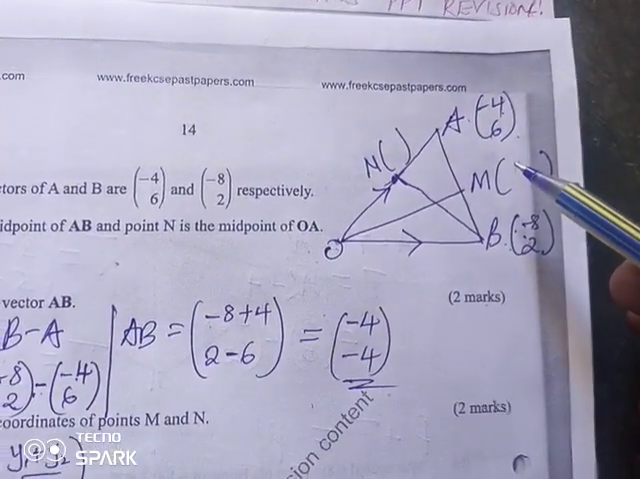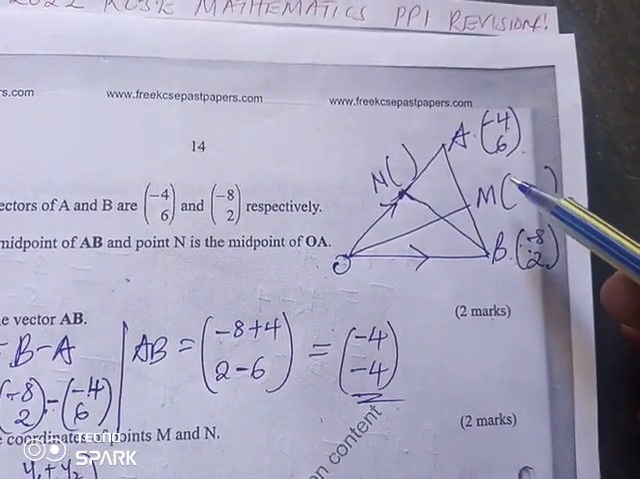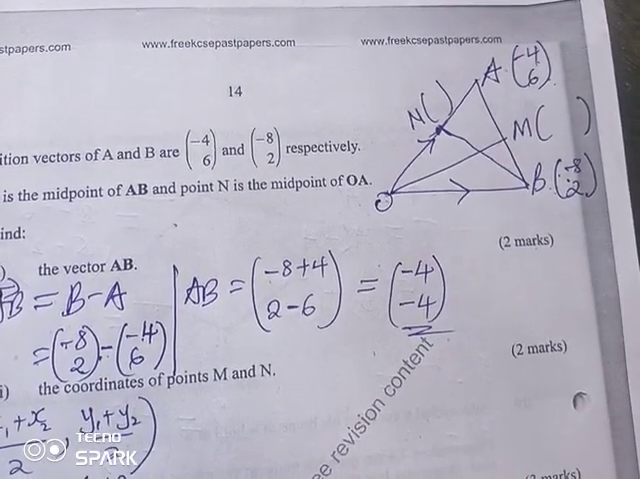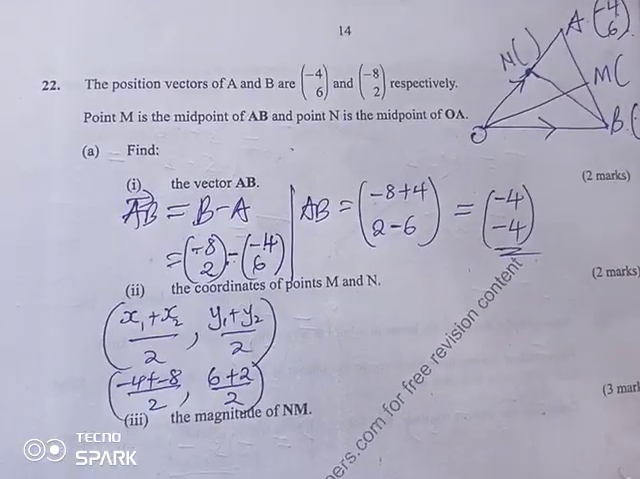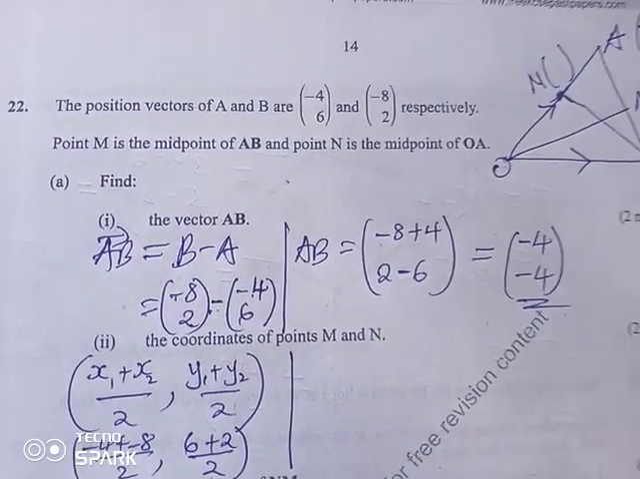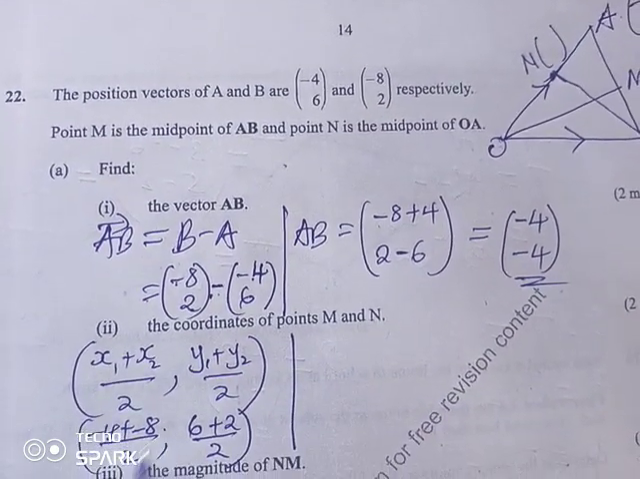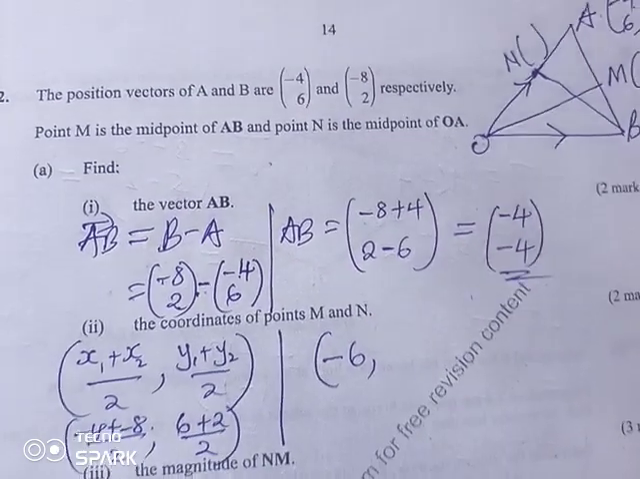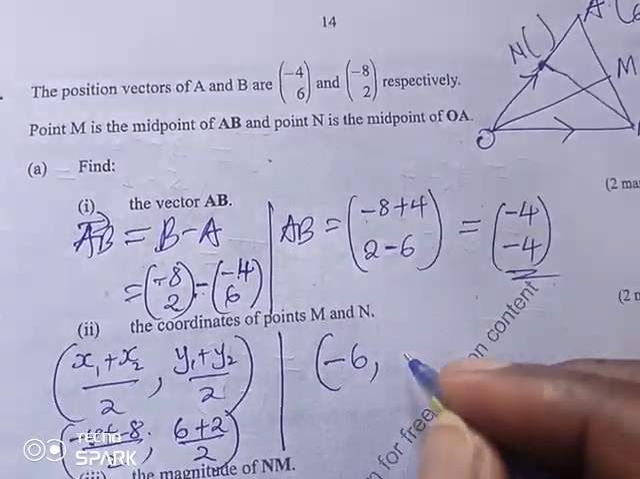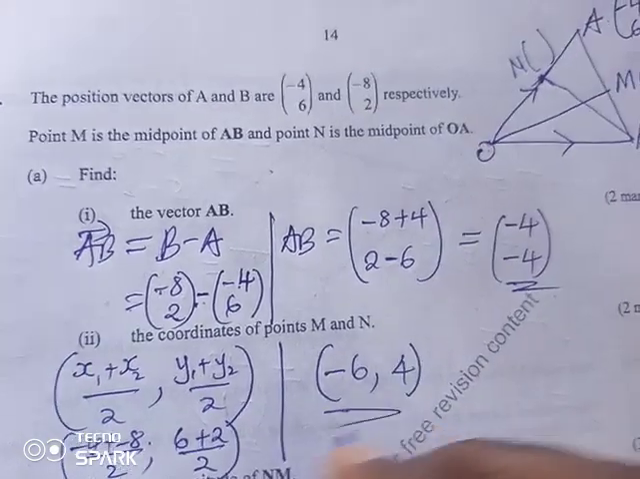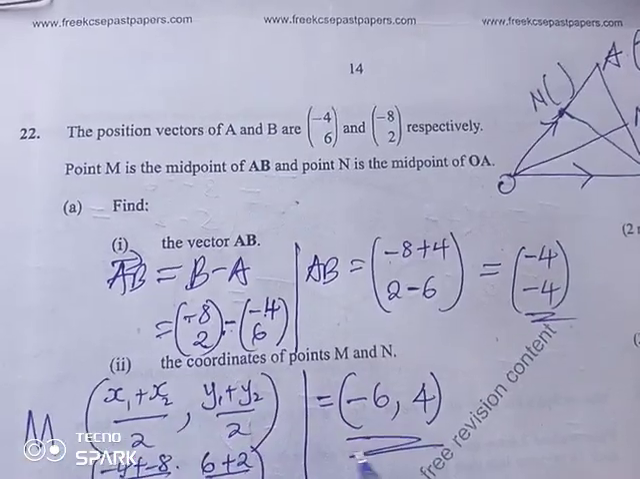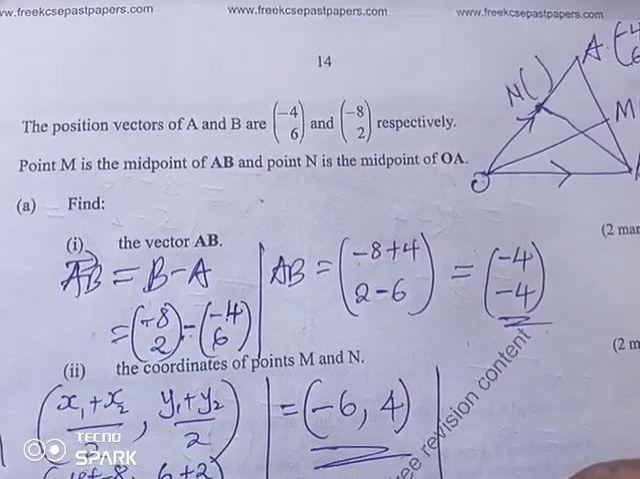Then we do the same to the y coordinates, 6 and 2. So 6 plus 2 all over 2. So what do we get therefore? This shall become -12 over 2, which is -6. Then on the other side, we have 8 over 2, which is 4. So the coordinates of point M become (-6, 4), while those of N,